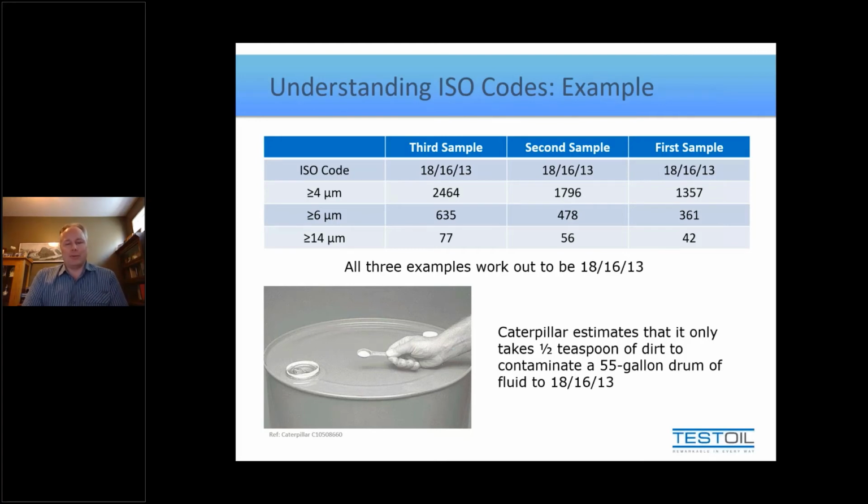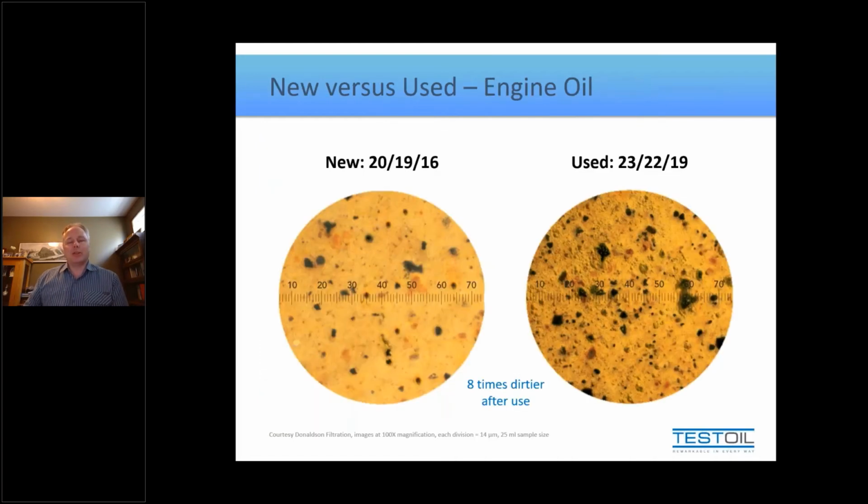I have a different example here for you. What if I told you that used engine oil was dirty? I don't think you've learned anything new. I think you already knew that, and you probably would have said, yes, I understand it's dirty. But here's a comparison of the typical particle counts of new oil as compared to used engine oil. And used engine oil on the right, you can see is 3 codes higher in each of the categories. Being 3 codes higher, that works out to 8 times dirtier after use. So I'm just giving you a mathematical way of understanding what 8 times dirtier actually looks like.